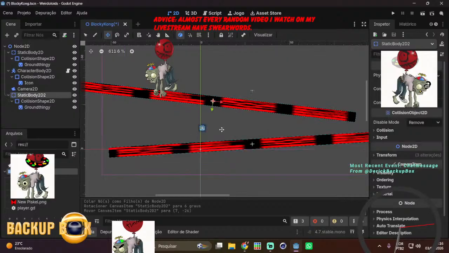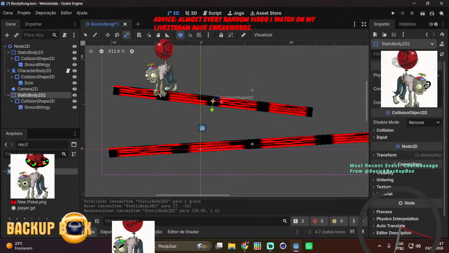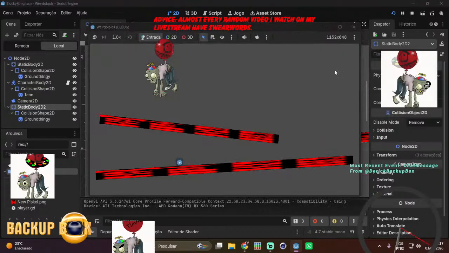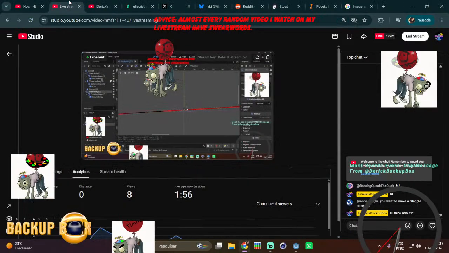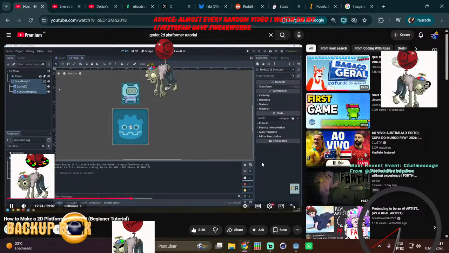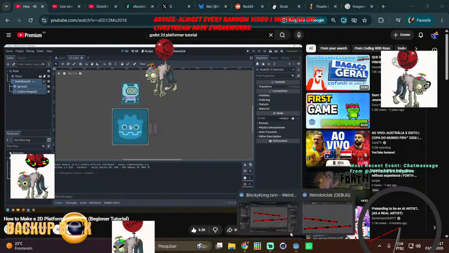But if you wanted to have really accurate collision, there's loads of other options here that allow for more precise collision to be defined. The thing to keep in mind though is the more detailed the collision shape, the more complicated the calculations become. So now I can save this, head back over to my main game, run the game again, and this time the player stands on top of the platform. I can move left and right, and if I go off the edge, you'll fall down and disappear off the screen again. If for whatever reason your collision didn't work there is sometimes a little bug with the